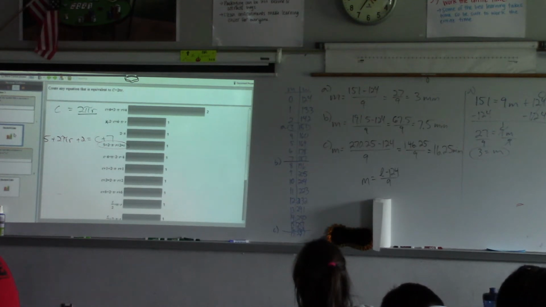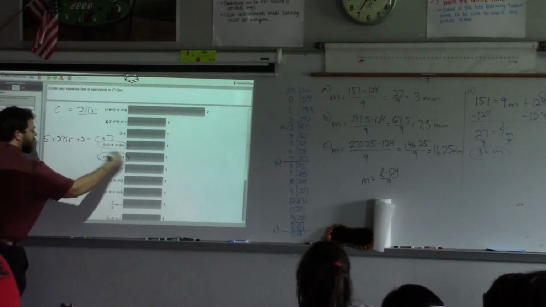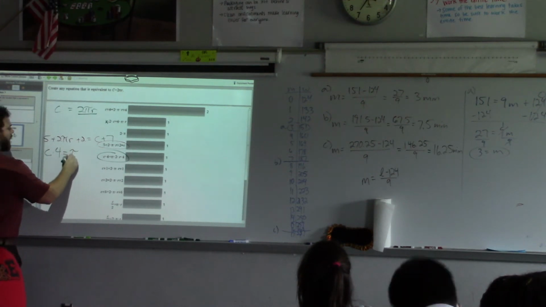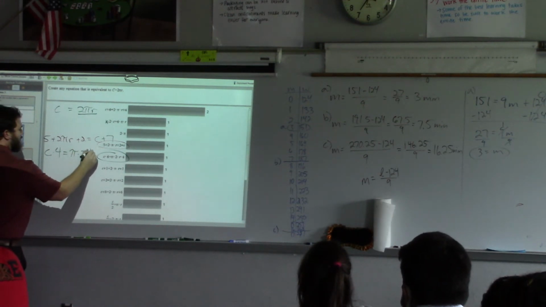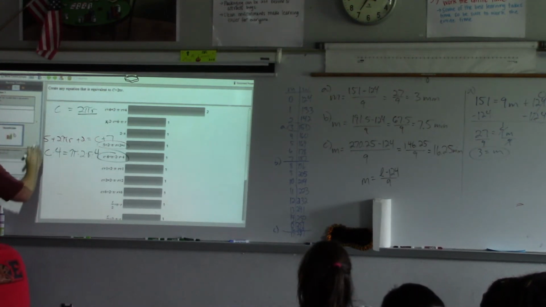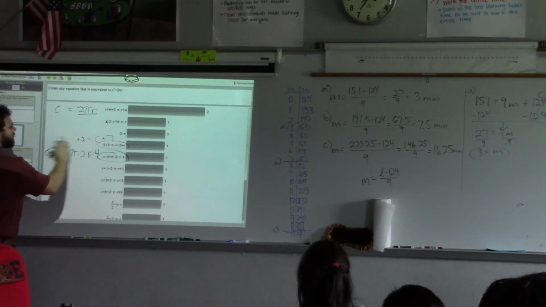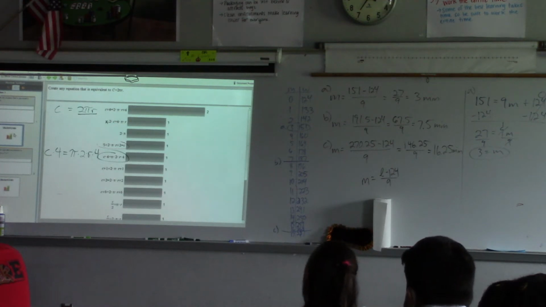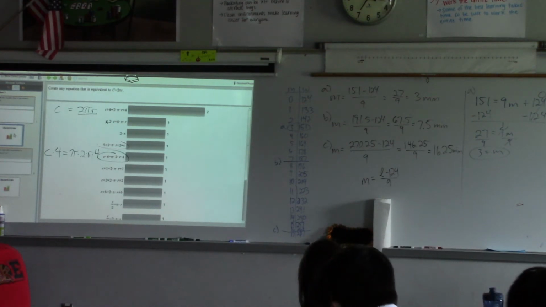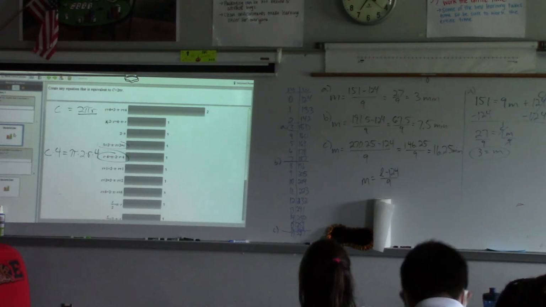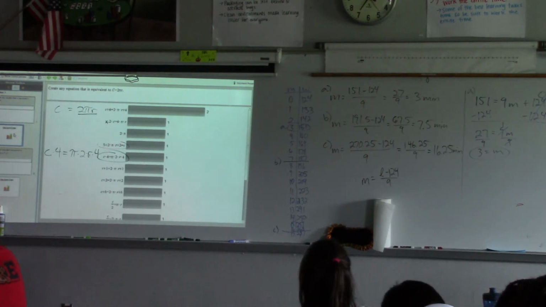Last one I want to look at is this one right here. C times 4 is equal to pi times 2 times r times 4. Is that equivalent to c equals 2 pi r? Yes. Why do you say no, Matthew? Because, wait, no, never mind. I didn't see the 4. I didn't see the C. Okay, I heard a couple people say yes it is.